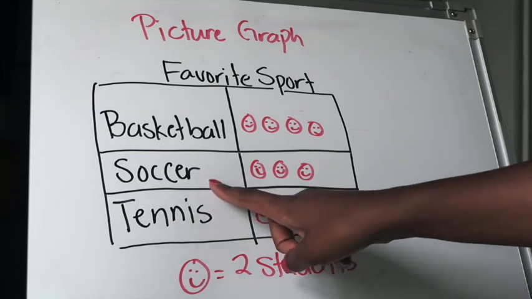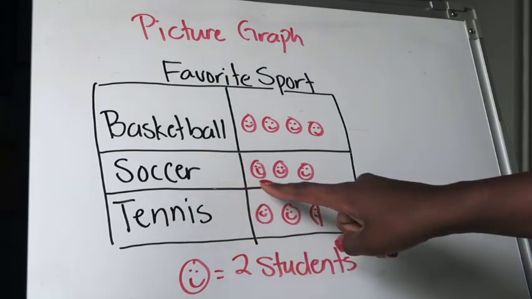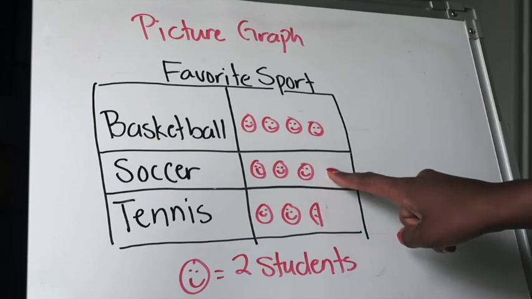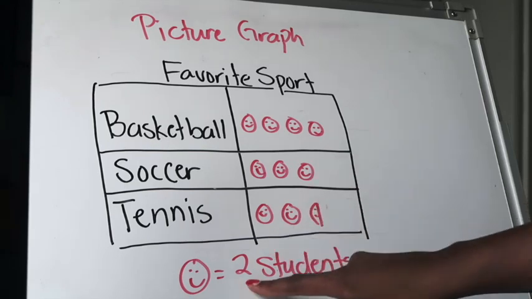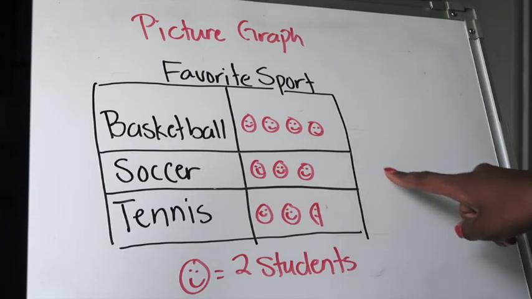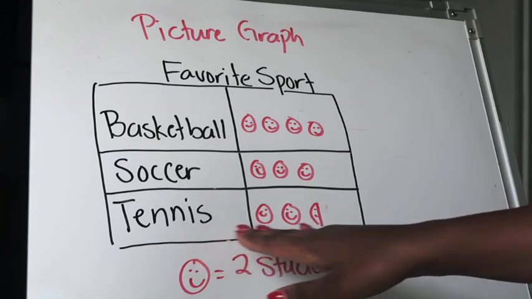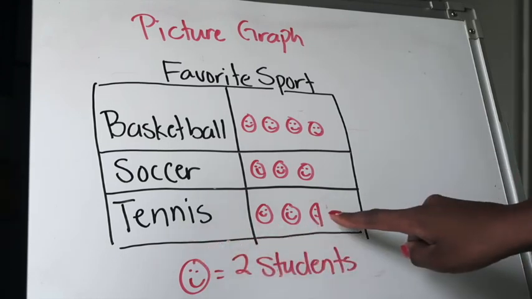If I look at soccer and I see, okay, I have 3 pictures there, I know then that if there's 3 pictures and each picture represents 2 students, that means a total of 6 students said that soccer was their favorite sport. And then tennis, let's pay extra close attention to this one because you'll notice that you have half